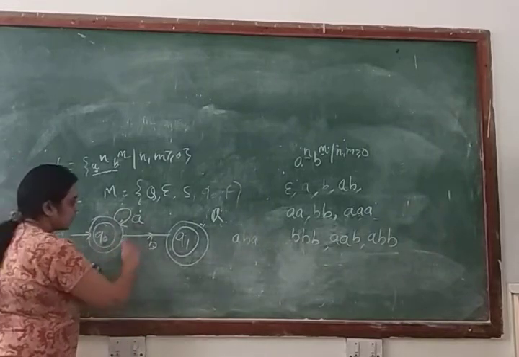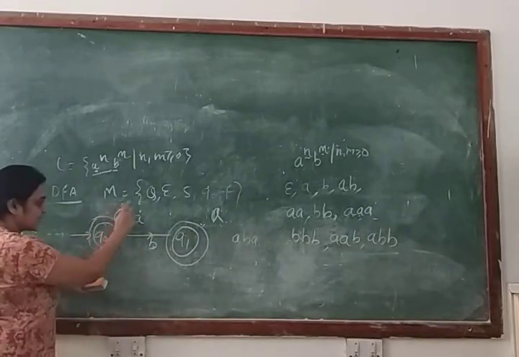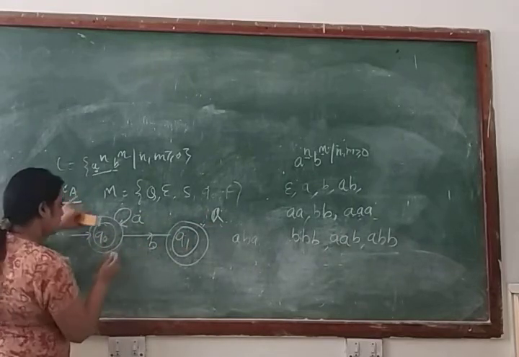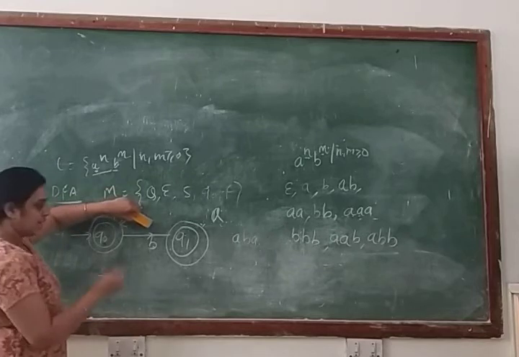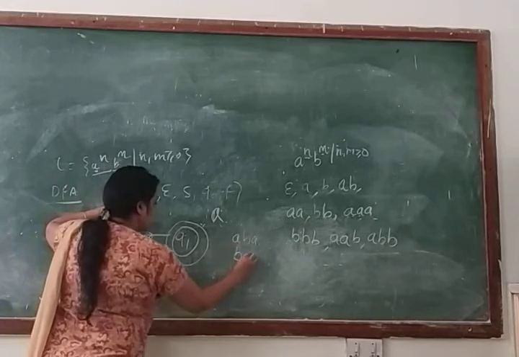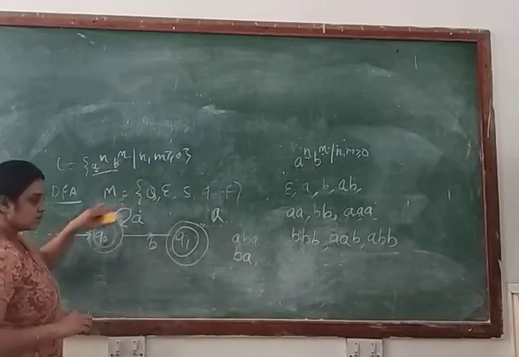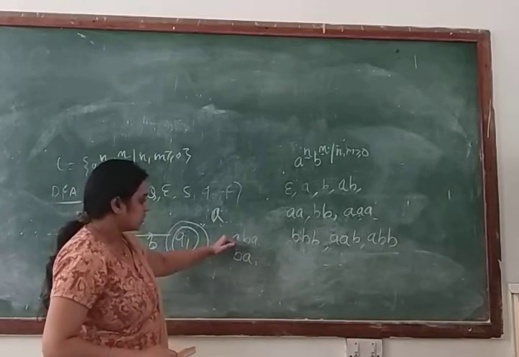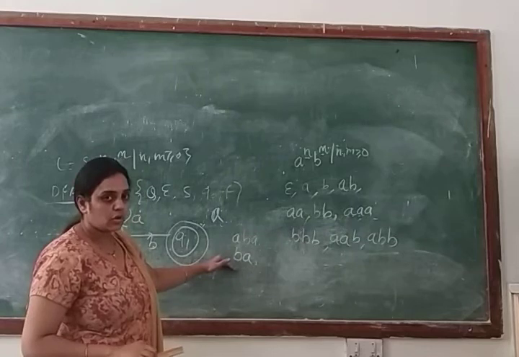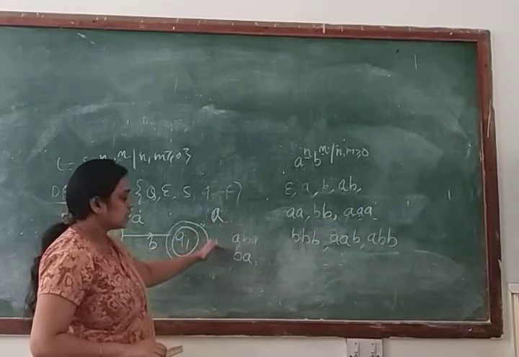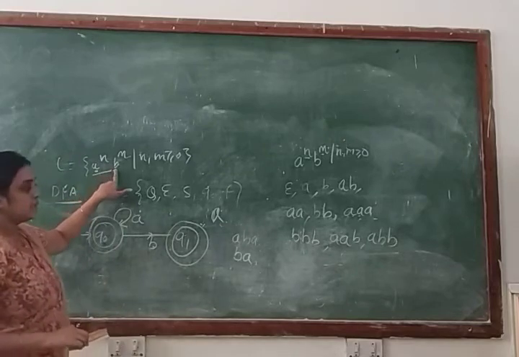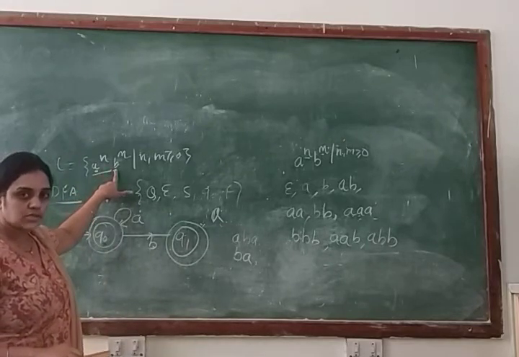So if you are making a condition like that, in that case your machine can accept A, B, A. Clear? Or if this is epsilon, then your machine will accept B, A. Clear? So check it. These strings, are they part of your language or not? Definitely these strings are not part of your language, because after B, A cannot come in your string.